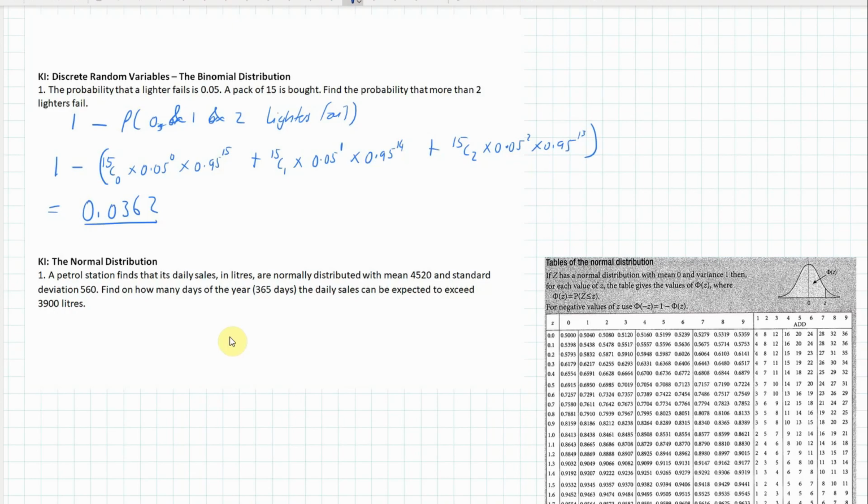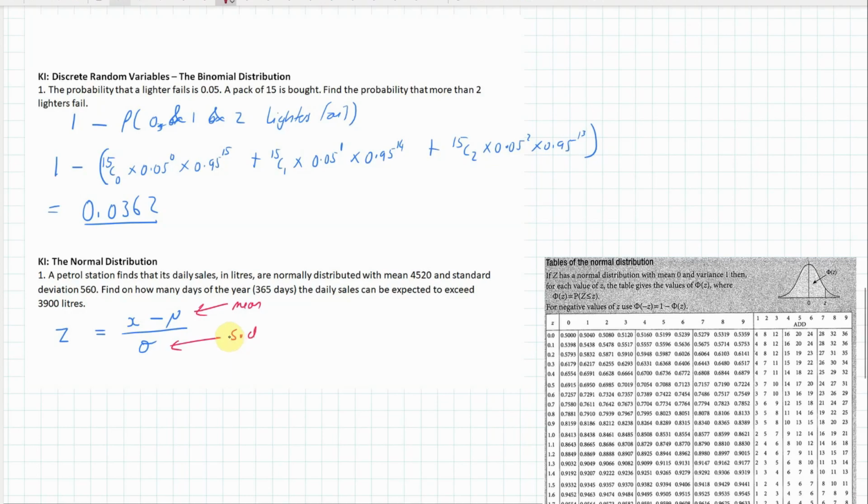Now moving on to normal distribution. Don't forget, remember we have our formula here. Our z number for the standard normal distribution is x take away mu over sigma. Now remember, this is your mean. This is your standard deviation. Okay,